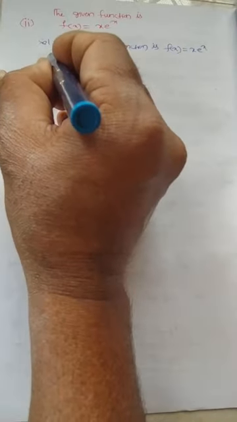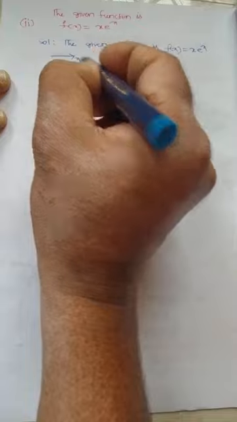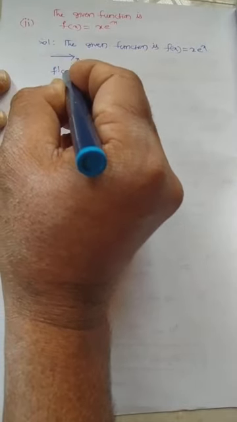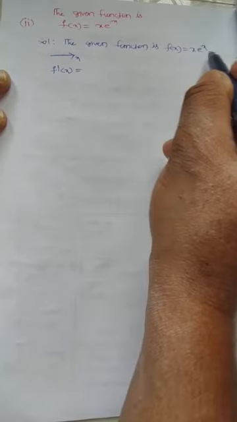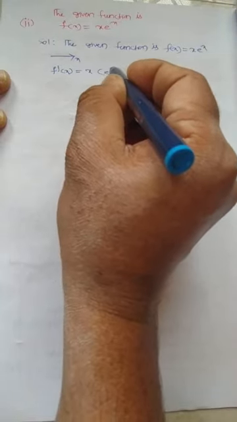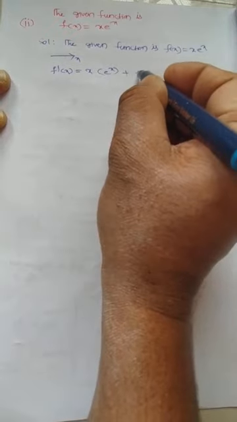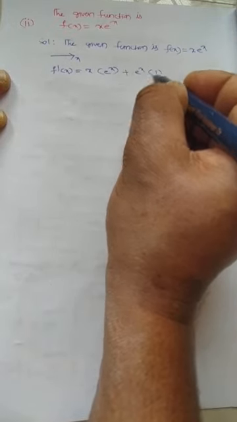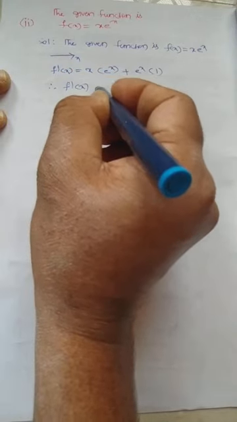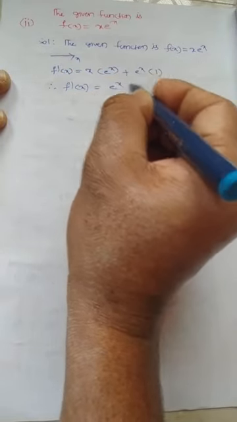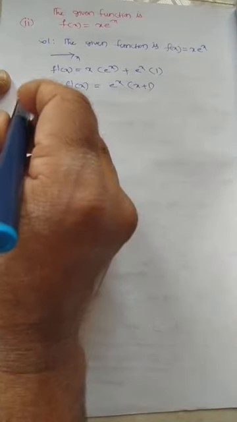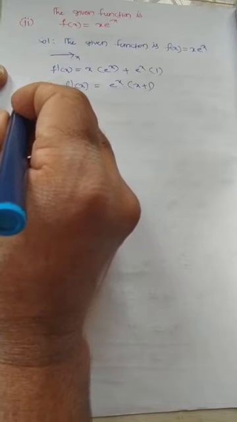In a similar manner I am going to differentiate the function with respect to x on both sides. I would get f dash of x equal to, using the u into v method, x remains the same and the derivative of e power x is e power x, plus e power x remains the same and the derivative of x is 1. Therefore f dash of x is equal to e power x times x plus 1, with e power x as the common term.